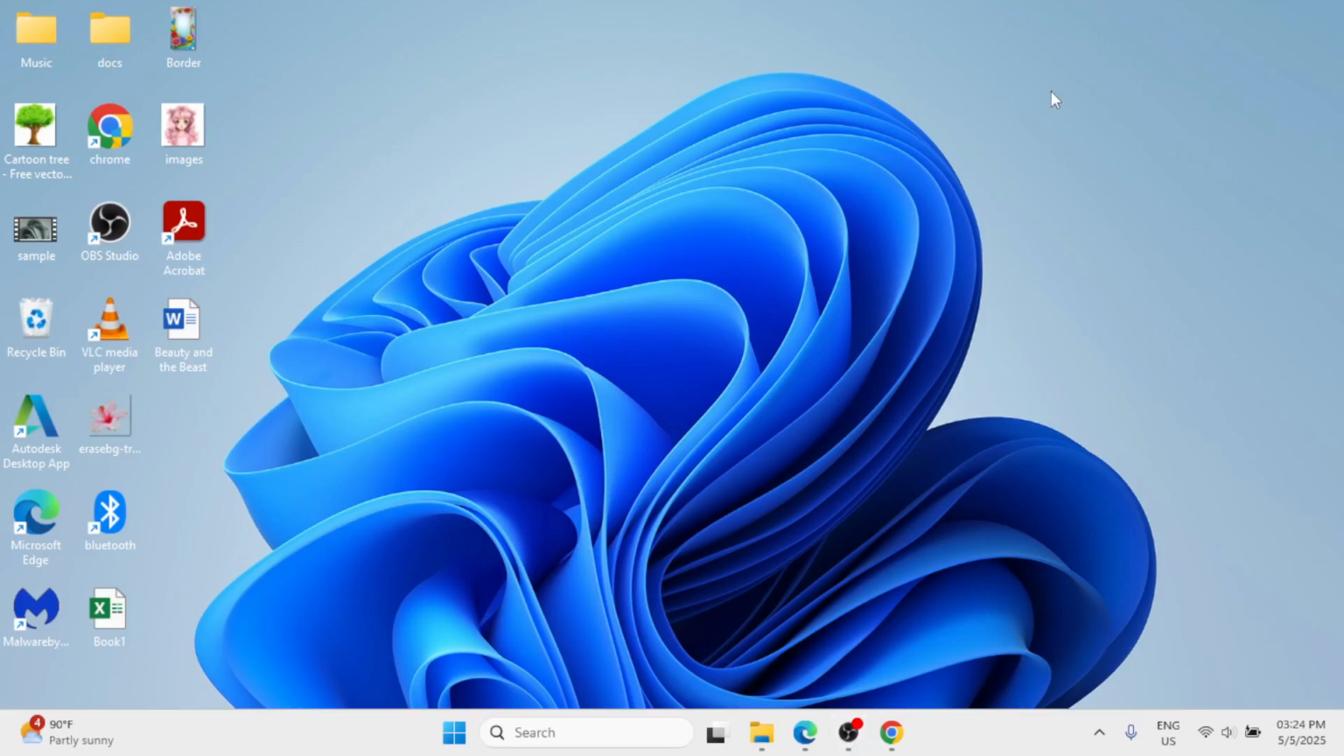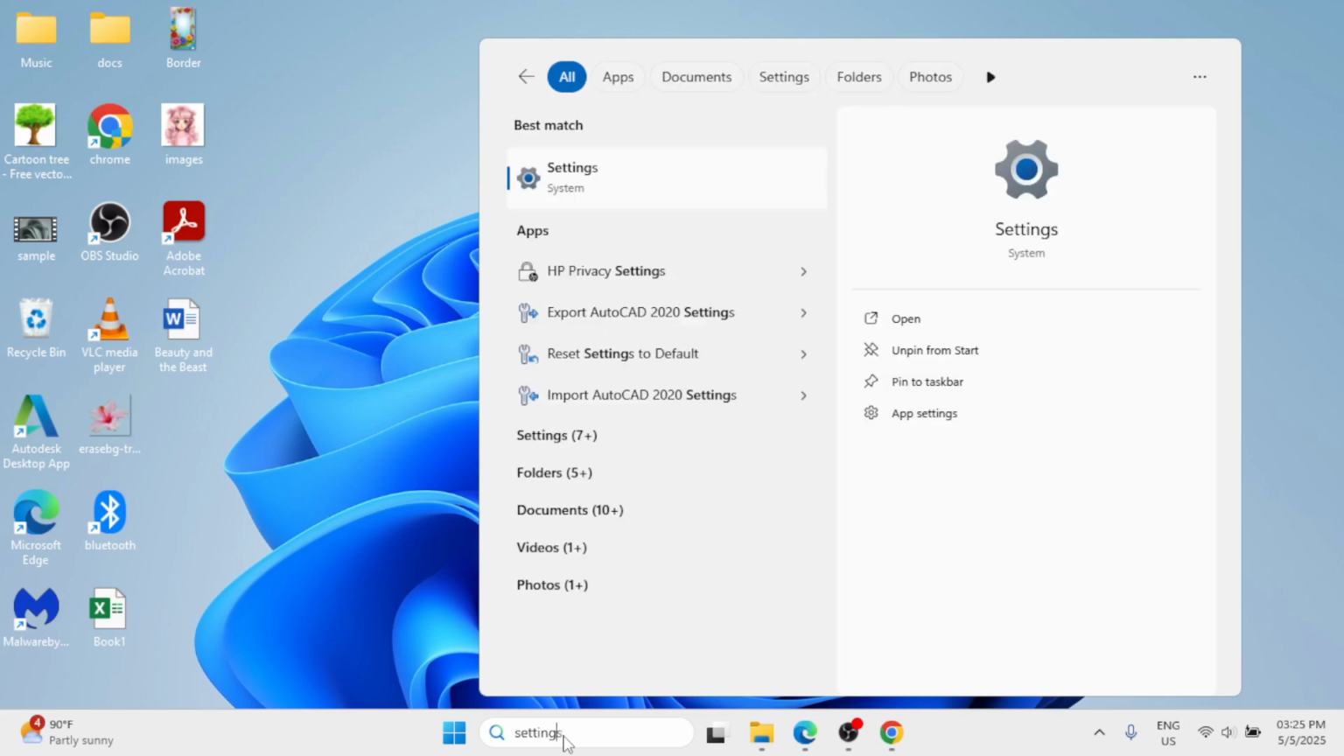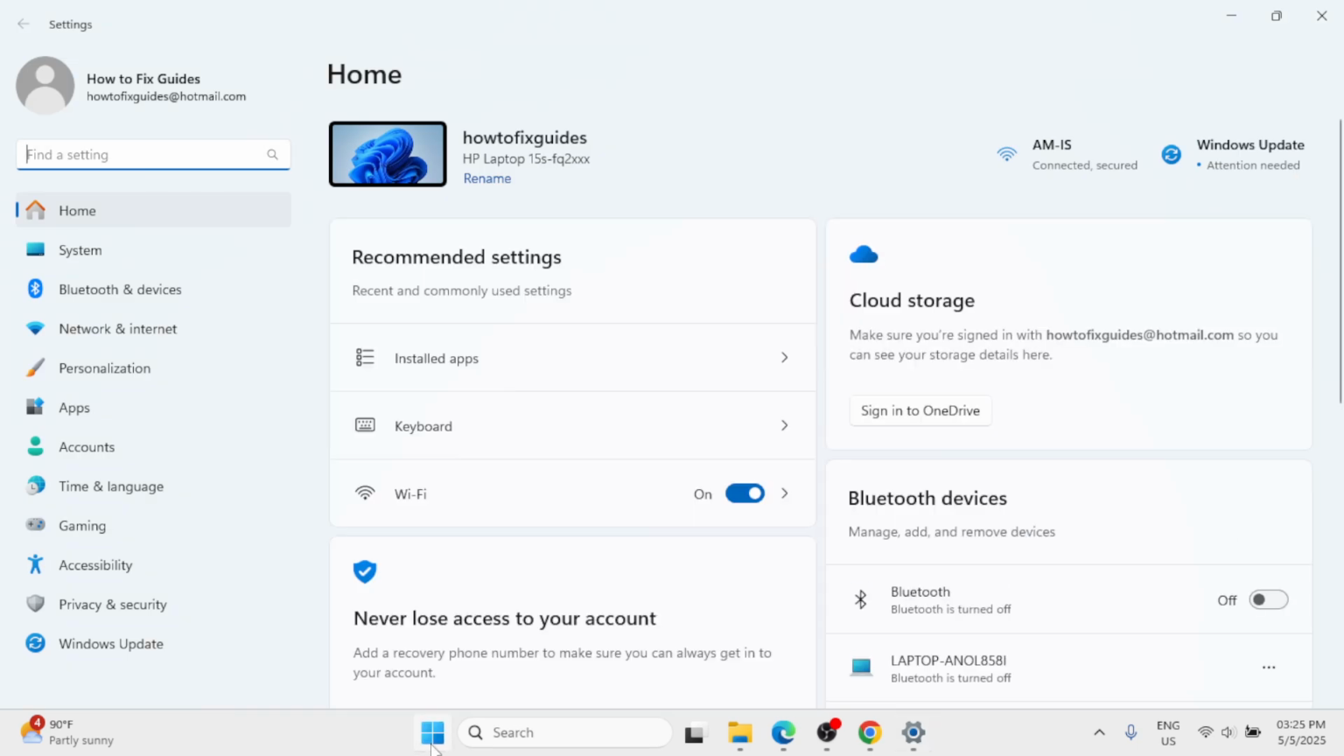In this video, I'm going to share with you how you can turn on the spatial sound in Windows 11. So let's get started. Go ahead in the Windows search bar and simply type settings. Then click on settings under the best match, or you can directly click on the start button and click